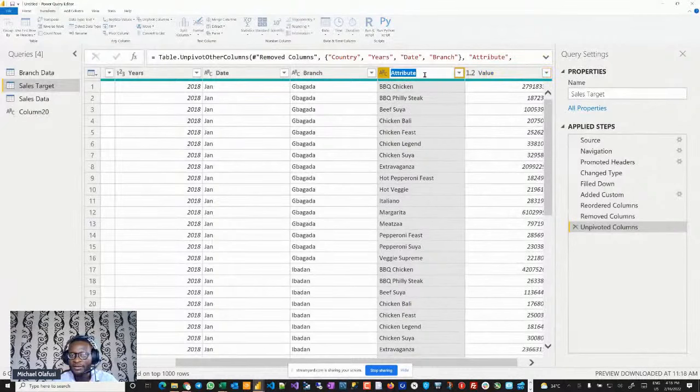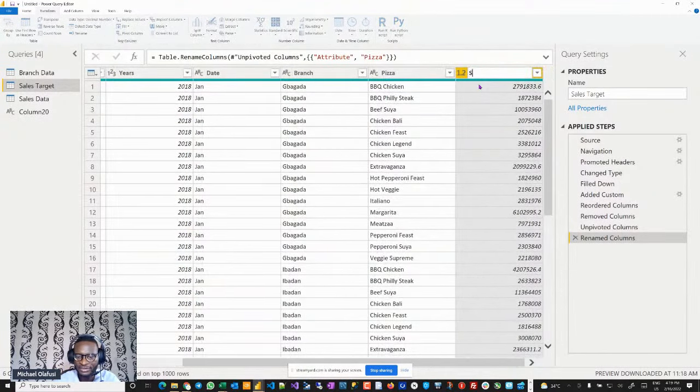I'm going to have pizza, which is the column here, all together rather than across different fields. And then I'm going to have the sales target. So I'm renaming these as sales targets. Okay. And then I'm going to carry on.